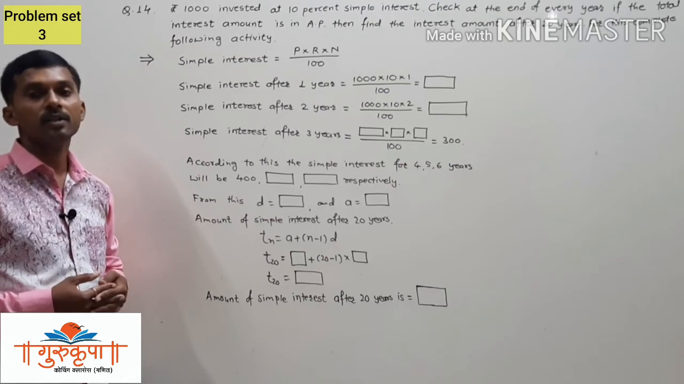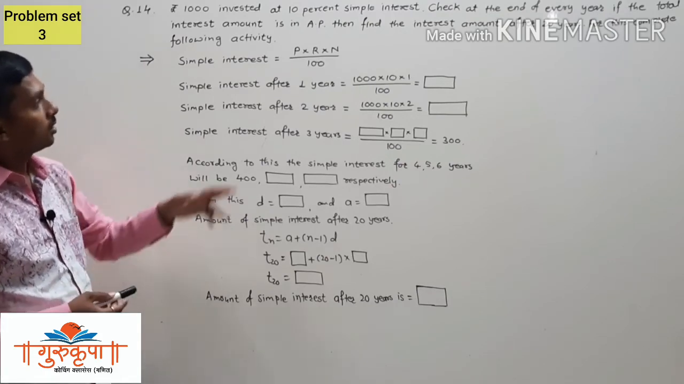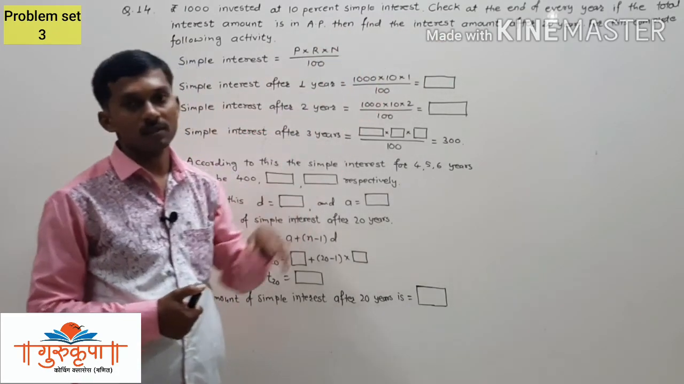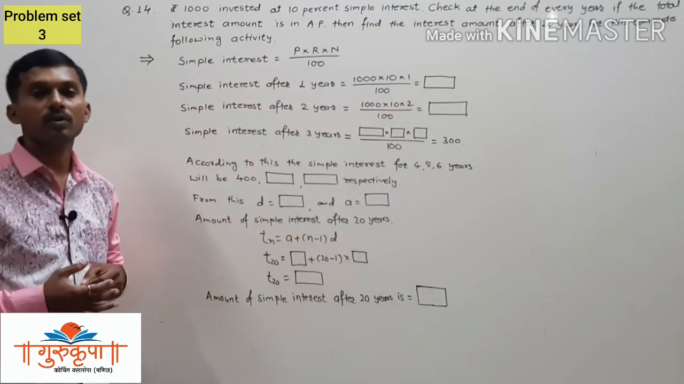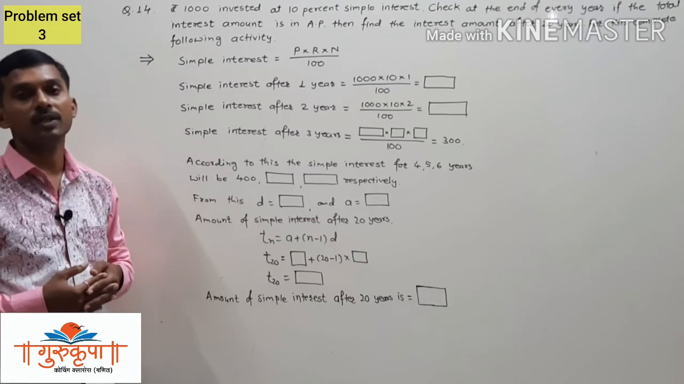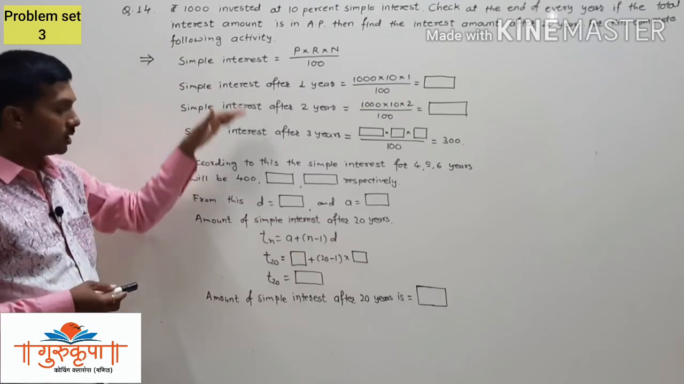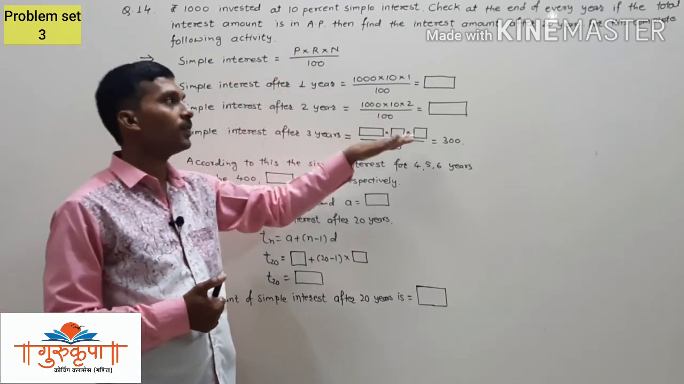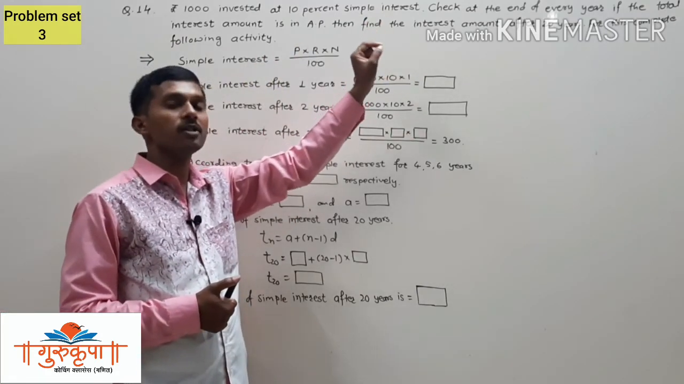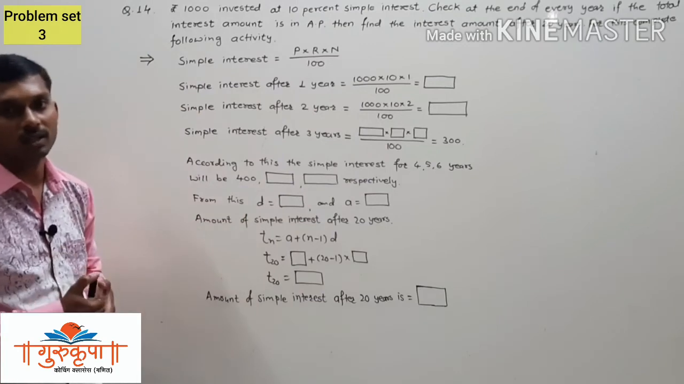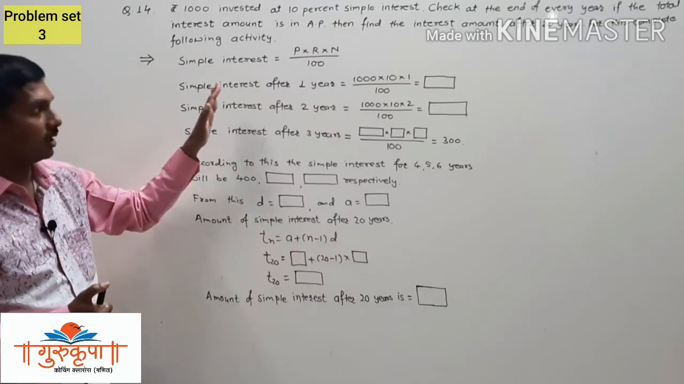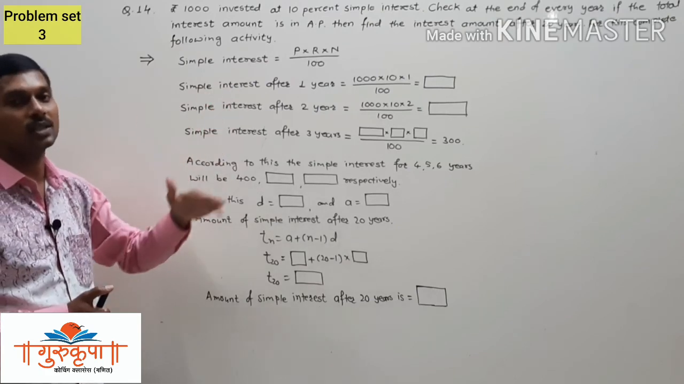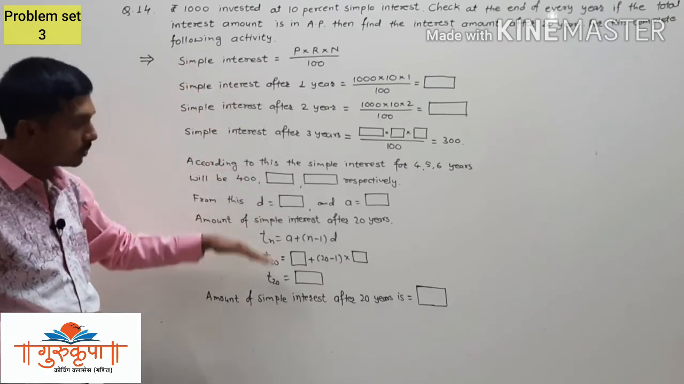For finding the amount of interest after 20 years, we have to complete this activity. Since these amounts are in AP, we have to find the 20th term of that AP. That is very easy. If this activity is asked as an example in the exam, not as an activity, suppose